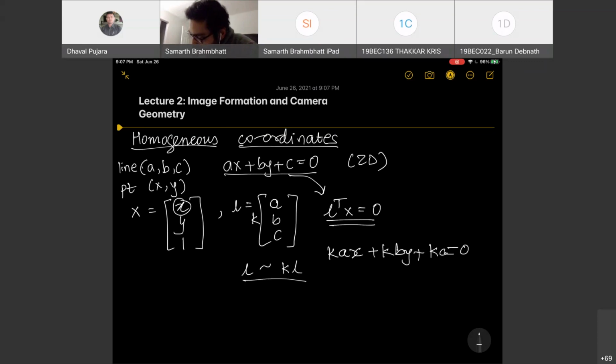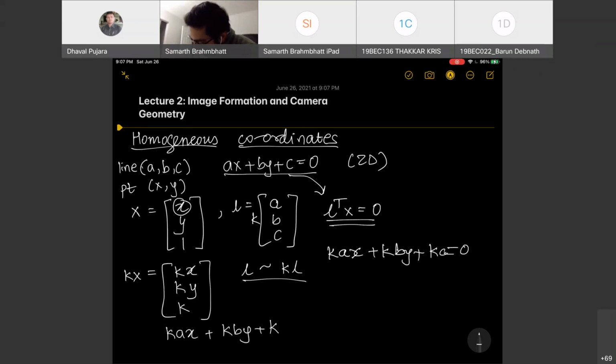That's an interesting thing to note. Similarly, you can think about it from the point perspective. If you have a point kx, which would be (kx, ky, k), then the same equation would hold true,